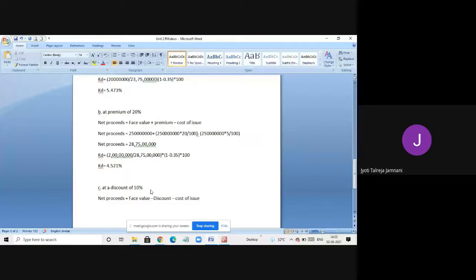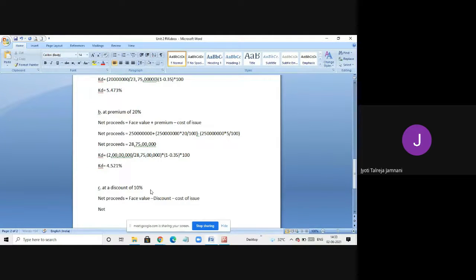But in the previous case, when we issued at premium, the company was gaining additional 20% on that 1,000 rupees. So 200 rupees extra. So we added that premium and we minus the cost of issue which we had to pay to the broker. So this is how at par, at premium and at discount has come into picture. There's no demand at discount, if there's huge demand at premium, and if no huge demand nor less demand, people are just buying, you can also give it at par. Usually companies look at the market and then decide at what price they want to issue.